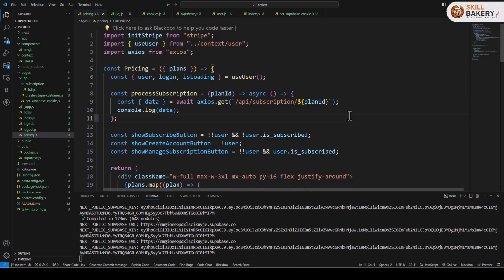In this one, we'll be looking at how we can pass Supabase session cookie to API route to identify user. The first thing that we are doing is whenever a user is clicking on the subscribe button, we are passing the plan ID to a new API that we have created under the directory API/subscription. And there we are trying to identify the user so that we can map the plan ID to that particular